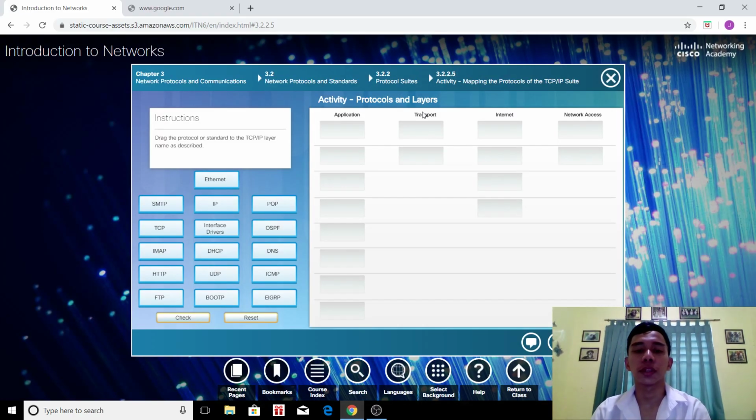Okay, the first activity in chapter 3 is protocols and layers, or mapping the protocols of the TCP/IP. The instruction is to drag the protocols or standards to the TCP/IP layer name as described. They have 4 categories: application, transport, internet, and network access. Under application have